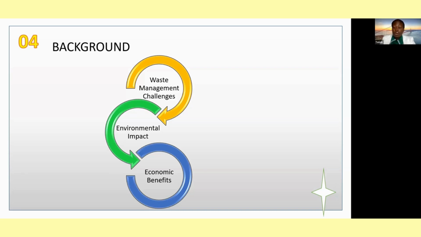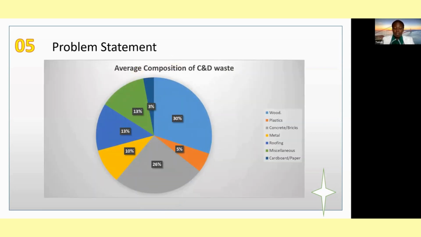And thirdly, we have the economic benefits brought by this automatic sorting machine. It will be able to increase the recycling rates, reduce the disposal costs, and also generate revenue from recovering valuable materials. Due to the lack of disposal sites and the limitation of natural resources, construction and demolition waste has